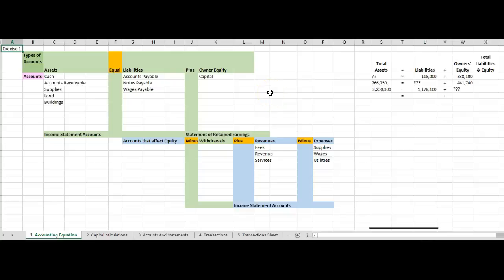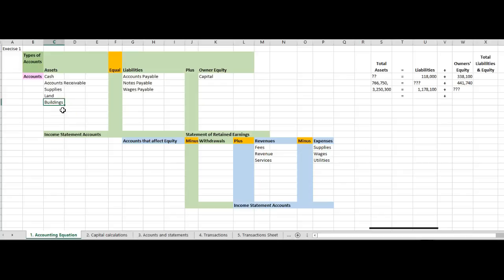Okay, this is Chapter 1, Participation Points, and as promised, I'm going to do a short video to refresh and to help you complete this activity. So let's go back to the main focus of this chapter, and that's the accounting equation: assets equal liabilities plus owner's equity. We have assets, which are accounts like cash, accounts receivable, supplies, land, building, anything that we own or resources that we can use